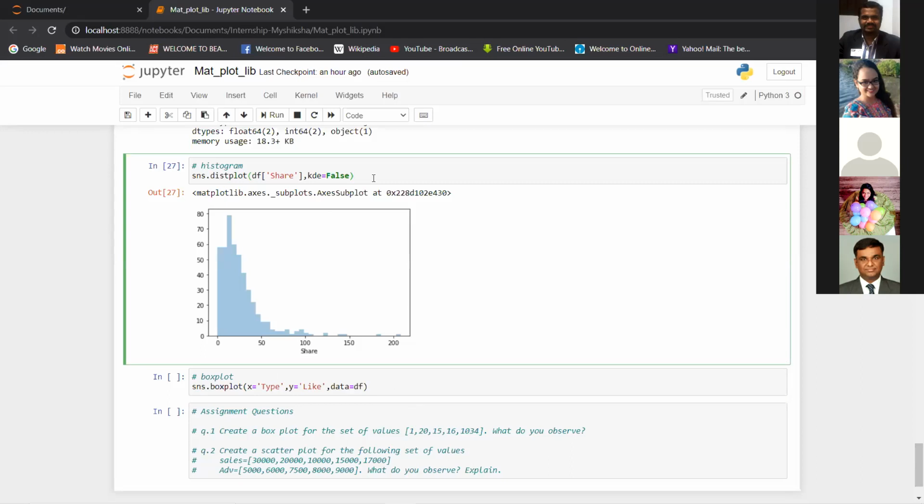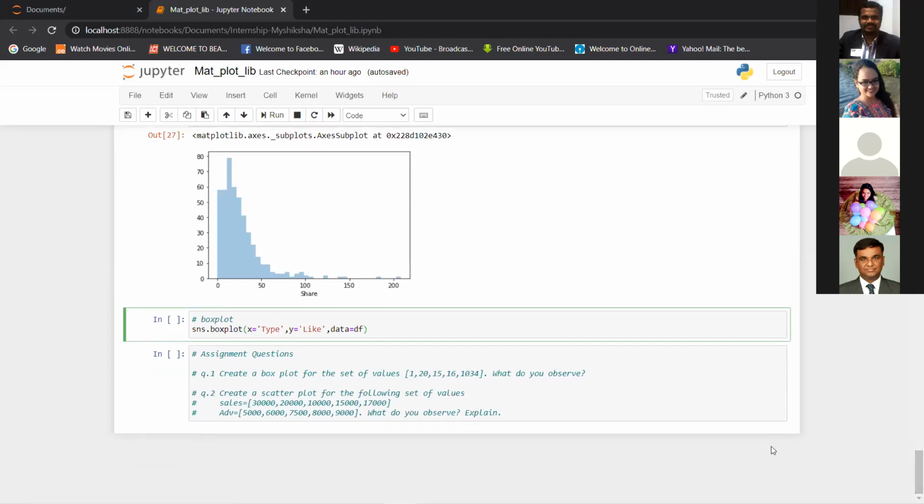So you can try this. Others can also try. In parallel, I will explain the box plot here.